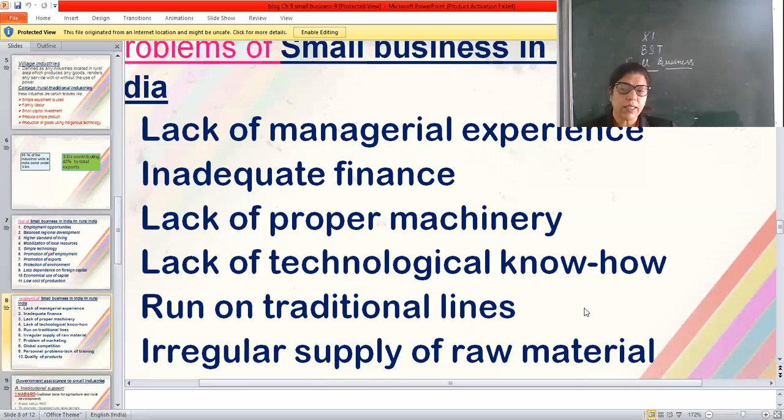Generally, large scale industrialists get the whole raw material from the suppliers, from the producers directly. So they will have that problem of irregular supply of raw material. Generally, the suppliers are not ready to give them